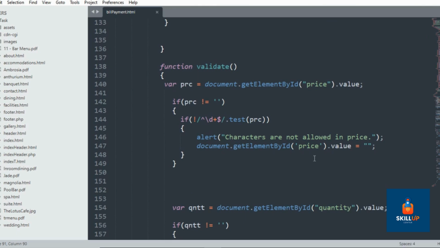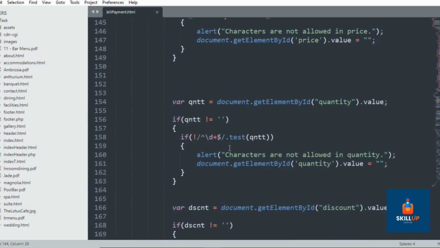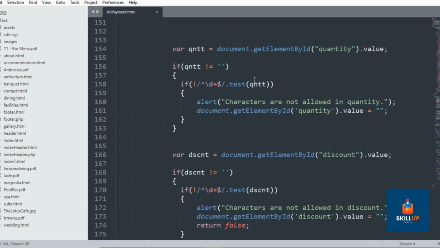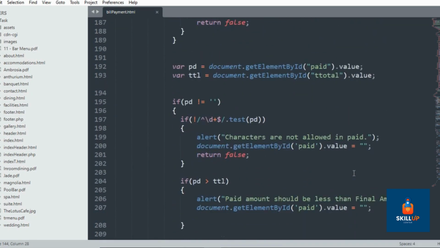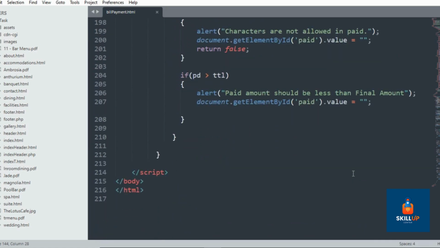Character are not allowed in price. Pattern in numbers. Validation quantity, validation discount, tax rate, paid. So final